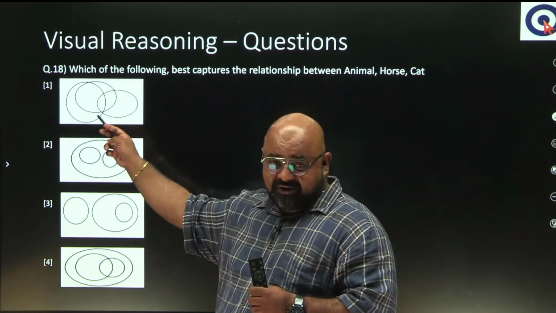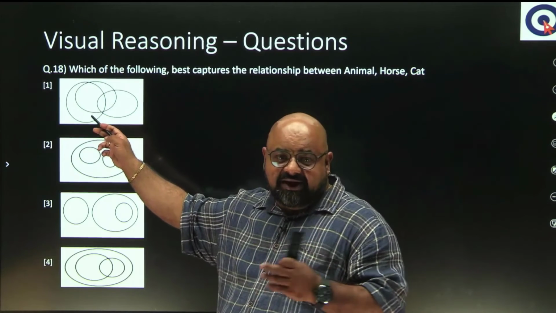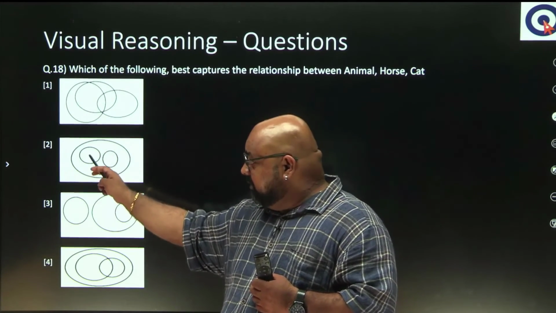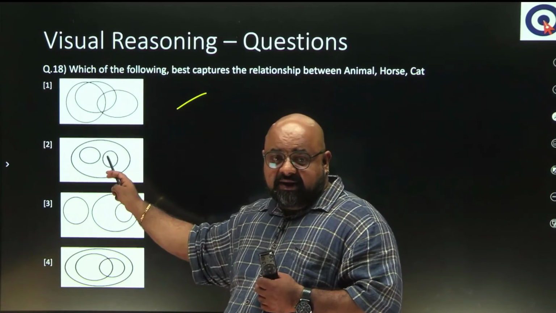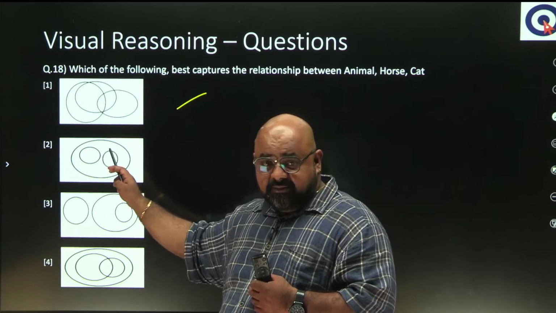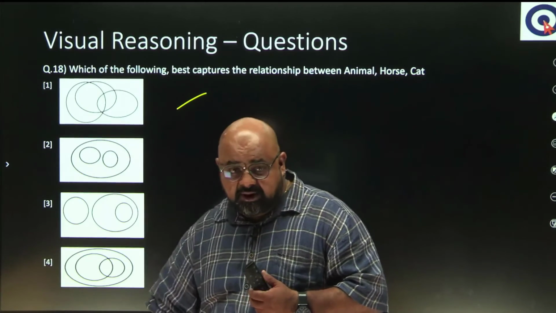Obviously, these circles are not completely inside any. Every horse is an animal, every cat is an animal. If this becomes animal, this is horse, this is cat, that best captures the relationship. All horses and cats are part of the animal kingdom, but they have nothing in common, and therefore,